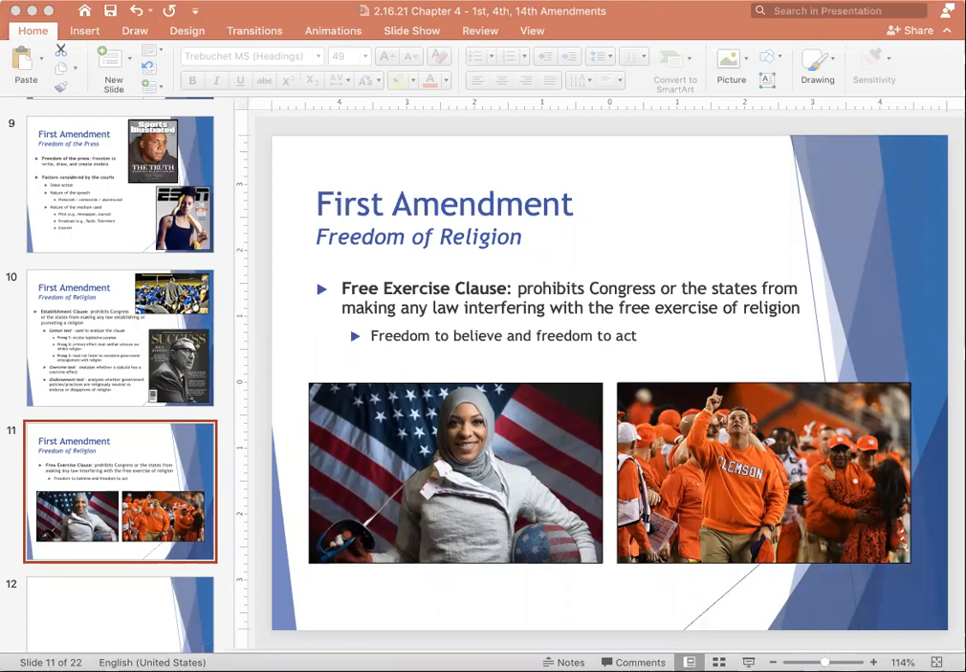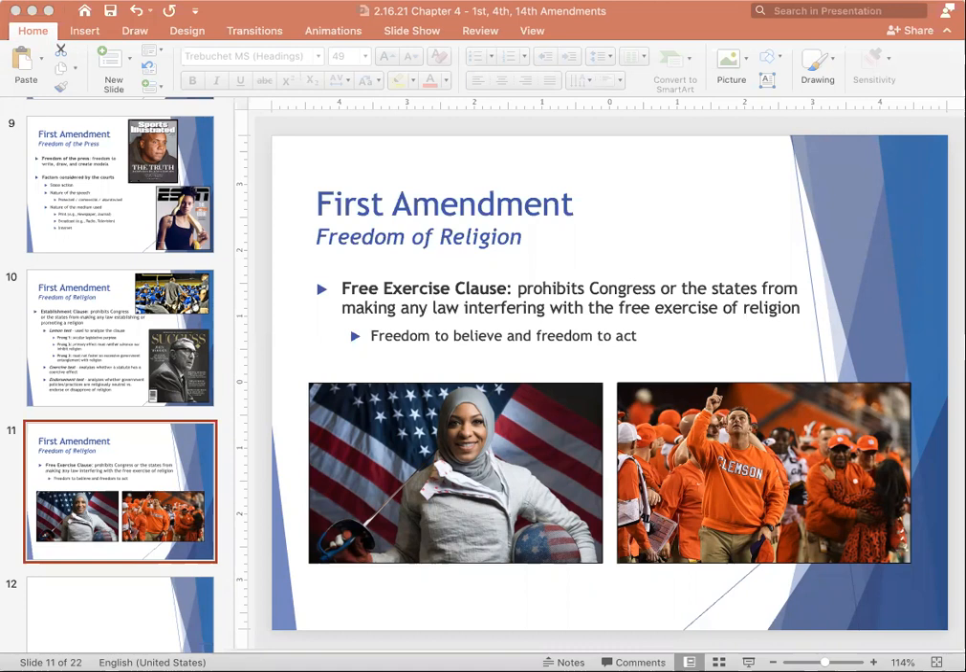The other example you'll see on this slide is Dabo Swinney, who coaches the Clemson Tigers, and he is known for his faith and has been quoted as saying, "I'm a football coach, yes, and people identify me as that, but I hope they see Christ in me as I do my job." So he has continued to engage in his religion. He has the freedom to engage in his religion as an individual citizen, even though he's also a public official